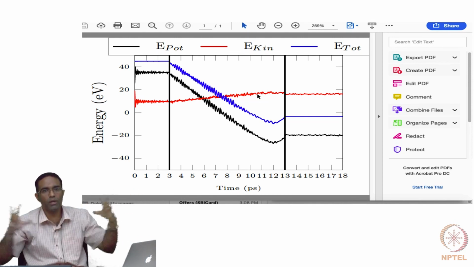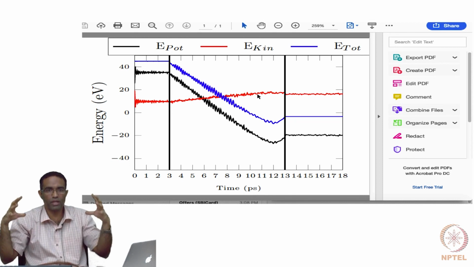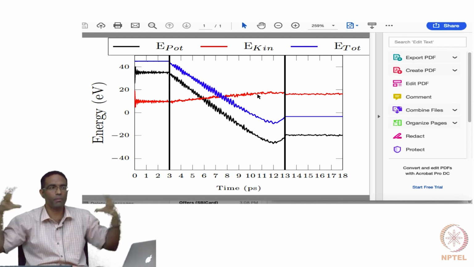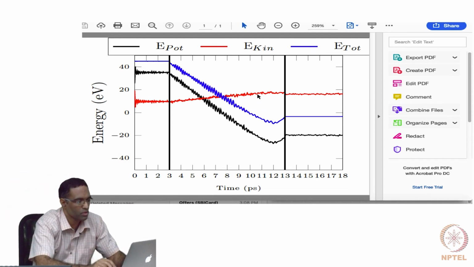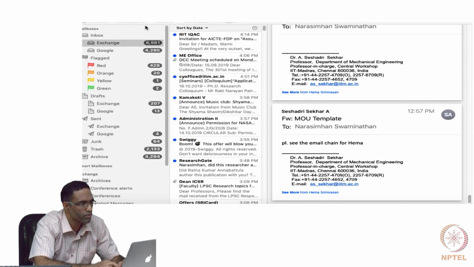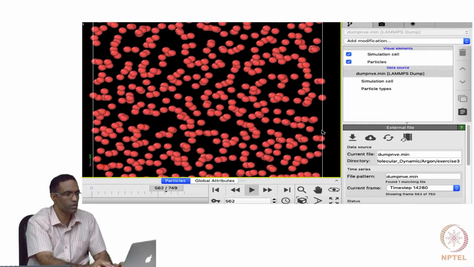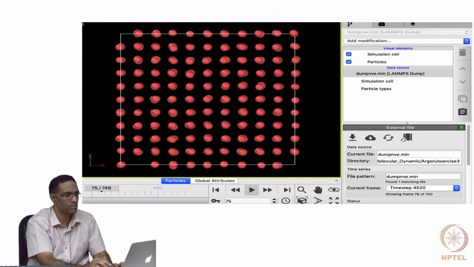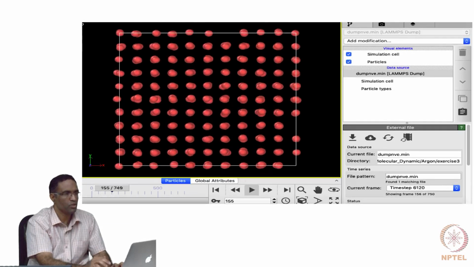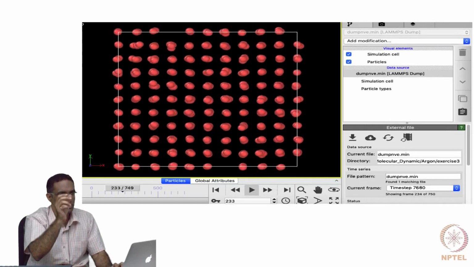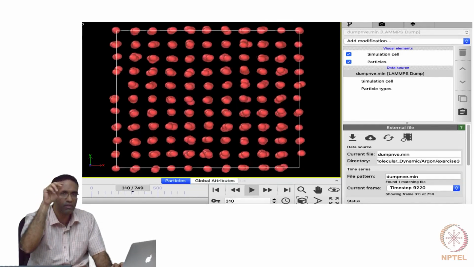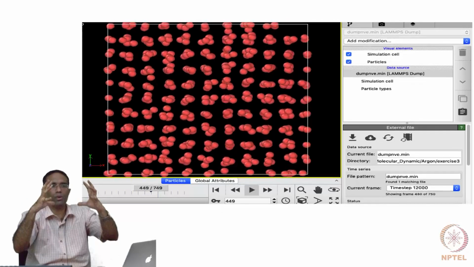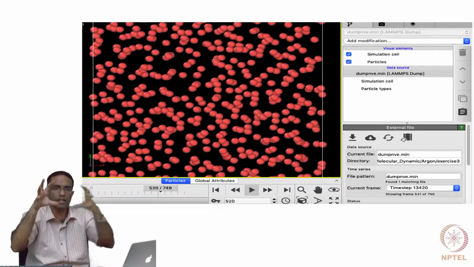During this period, because you ran NPT, you are expecting the simulation box to become huge, because what have you done? You have decreased the pressure from 70,000 bar to only about 1 bar, right? So let us take a look. Did you see the box actually increase in size due to the decrease in pressure? Yes. When you do NVT alone, the volume is held fixed and only the heat input is given. When you do NPT, you are controlling both the temperature as well as the pressure. Consequently, to have the right pressure that you want, the volume of the entire simulation cell will be adjusted.